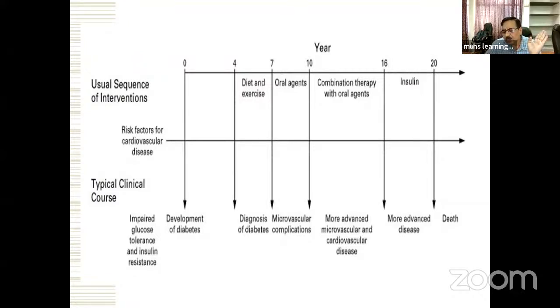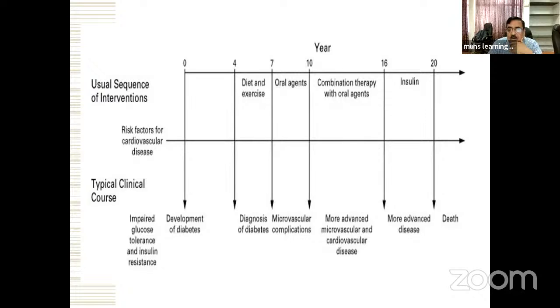What they are telling you is that most of the people by 20 years and more, they die. That is first incorrect. This is the old chart. What is there? At the moment diabetes occurs, there is a reasonable insulin reserve, and then after diagnosis, you have to have microvascular complication assessment, oral hypoglycemic agents, or a combination of hypoglycemic agents, and after more than 15 years, insulin has to be added, and then stricter control or liberal control based on the patient profile